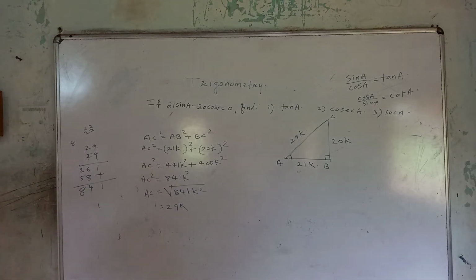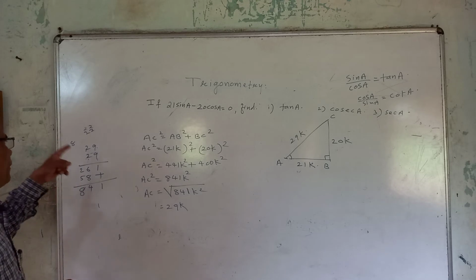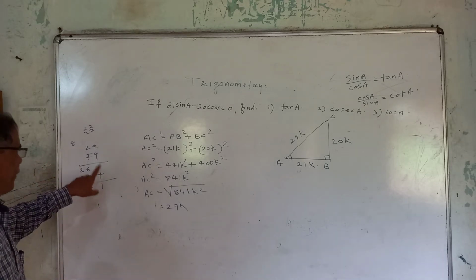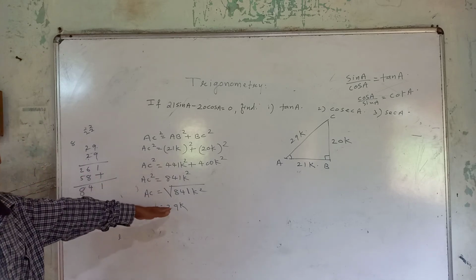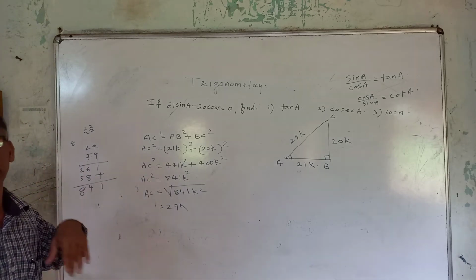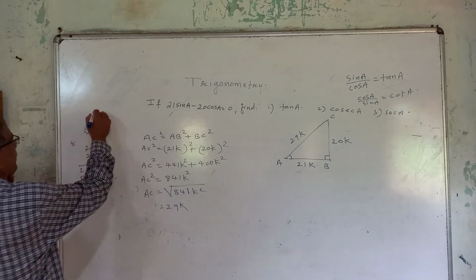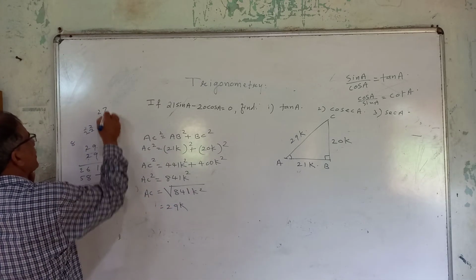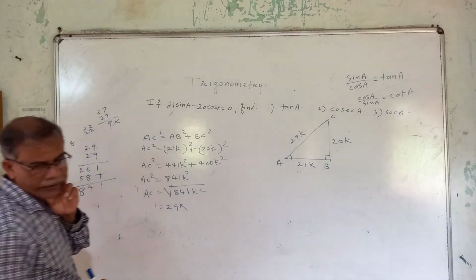Suppose if you don't know, you have to guess like this. Okay? You have to take a number and multiply it. If you are getting last digit 1 here, then you continue and see if you are getting the required number. Otherwise go for the next such number. Now suppose you are taking 27 into 27. 7 sevens are 49. It will not work because here the digit is 1. Okay?